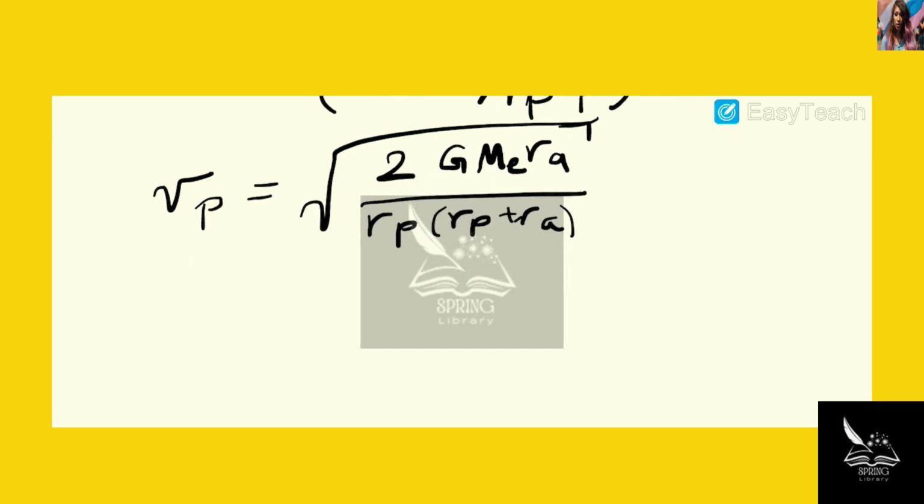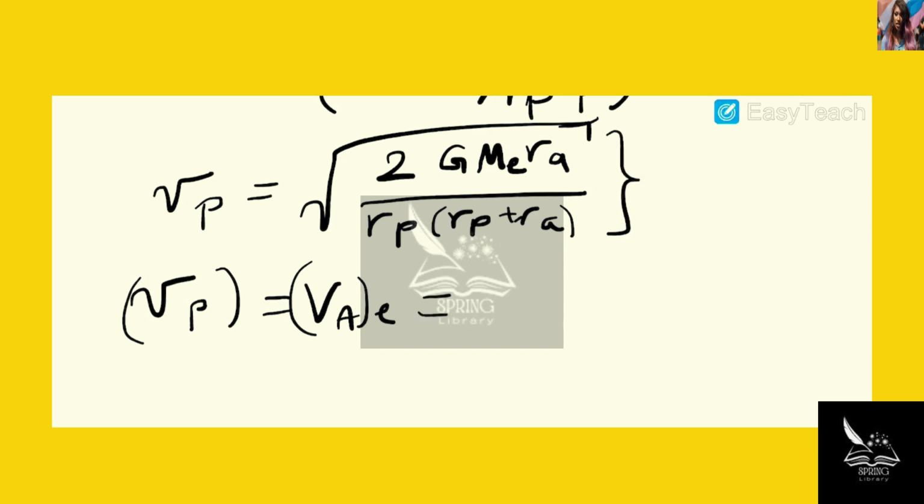Then what we see here is that VP is actually VA for an elliptical orbit. And by plugging in all of these quantities in this equation, we see that the VA for an elliptical orbit is equal to